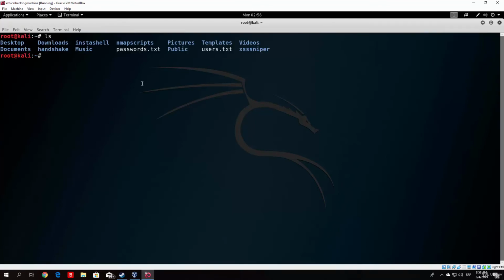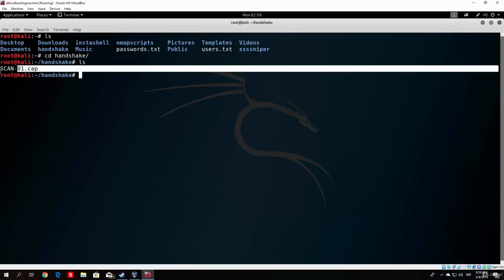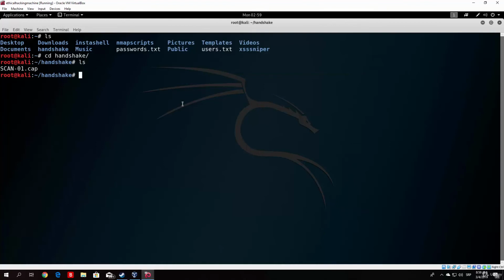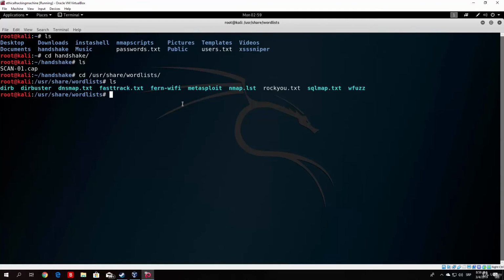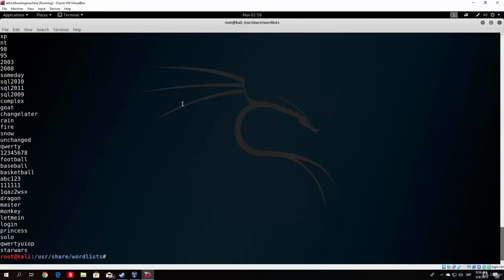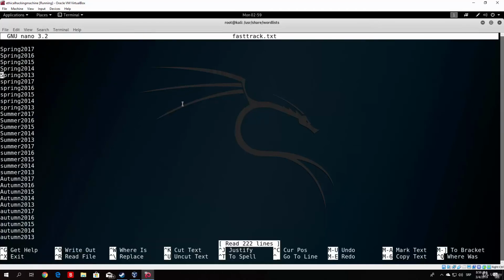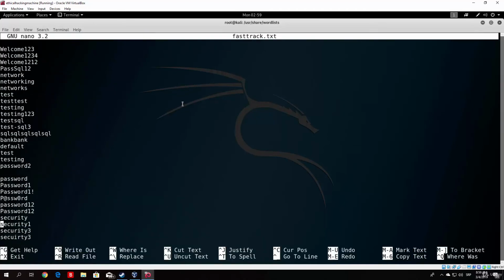and let's see the current directory. We want to go to Handshake and go to our file right here. So we want to create a word list or find a word list that isn't that big, so we will just go to cd /usr/share/wordlists. We will not use the rockyou.txt word list, let us use the fasttrack.txt. It doesn't really matter, it has fewer passwords, so let us just open it and let us add our password